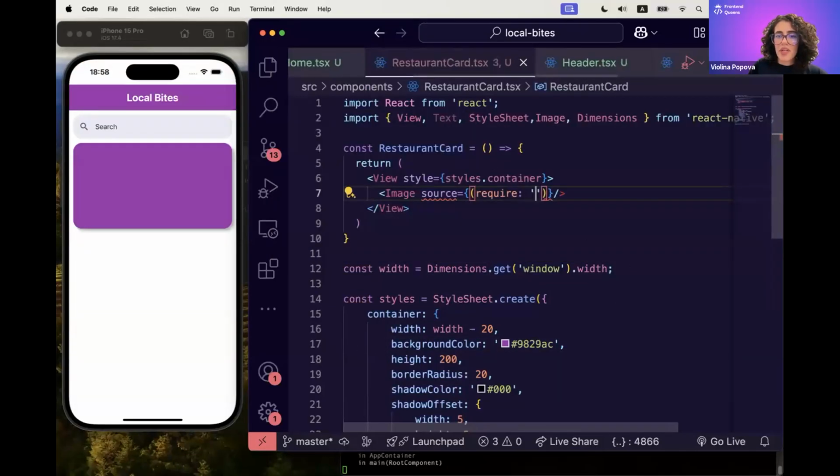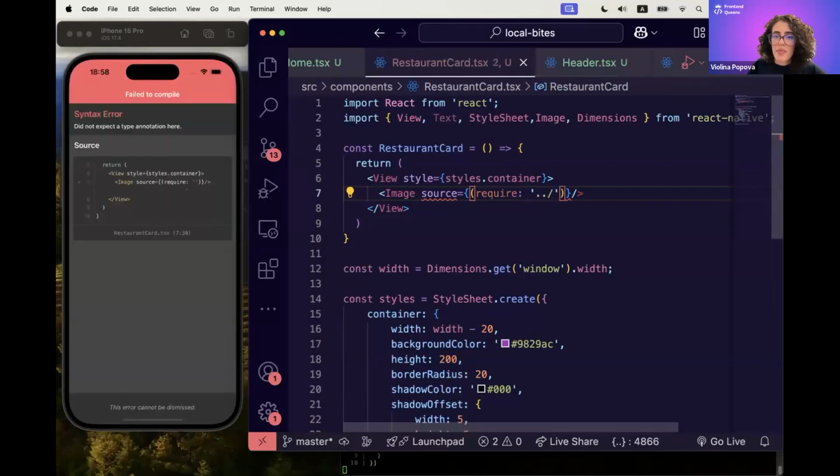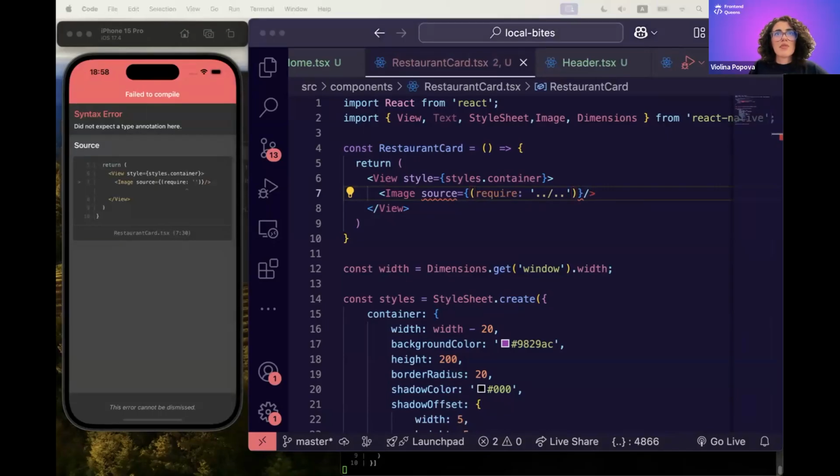And here we can pass the path to our image, but just to make sure that we are using the right. So require,